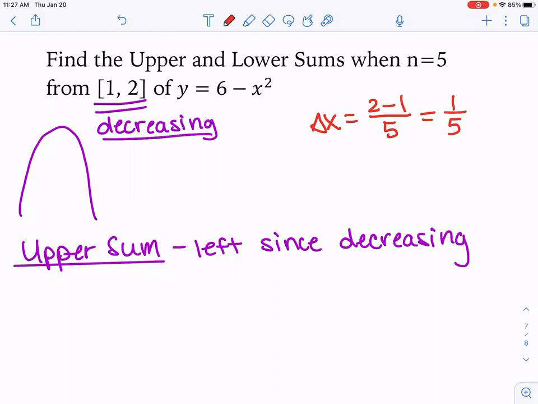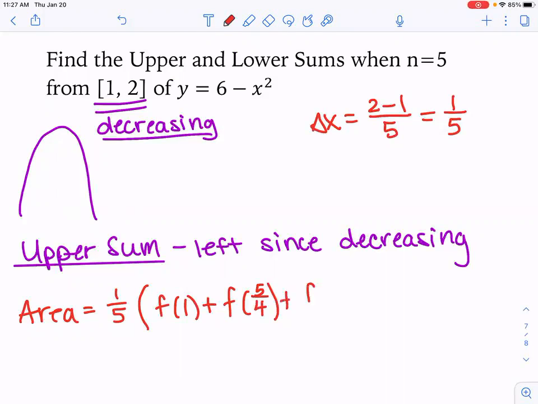I'm going to teach you something really cool on your calculator to help you out. So please do not work ahead of me. Okay. All right. So we are finding our left-hand sum. So we have 1/5 is the width of our rectangles times. We have 5 rectangle heights that we need. We are going to begin on the left of our interval since we're doing a left approximation. So f of 1 plus delta x later, f of 6/5,